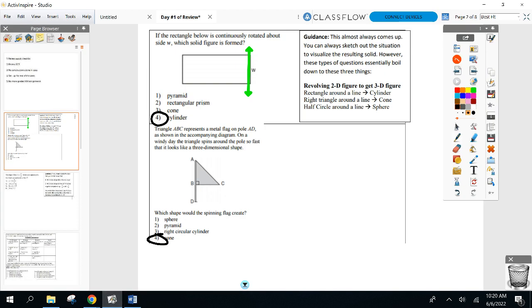All right, just some other ones to be aware of. I have rectangle, that was a cylinder. Right triangle, Lucy just told us that was a cone. Half circle, if you rotate that around, that's a sphere. And the other one I saw the other day was this, a quarter circle. So let's add that in. If I'm asked for a quarter circle,